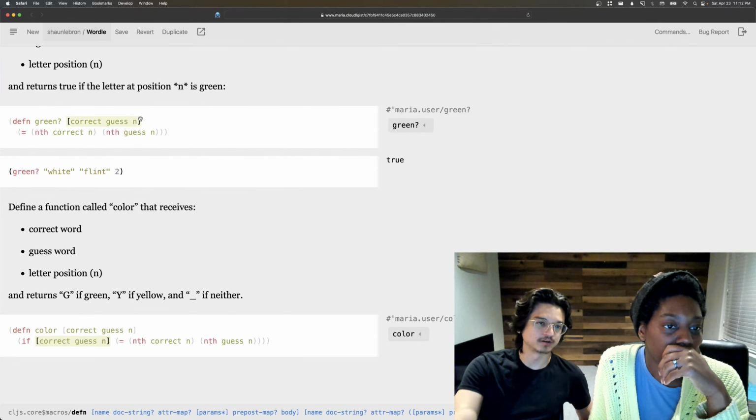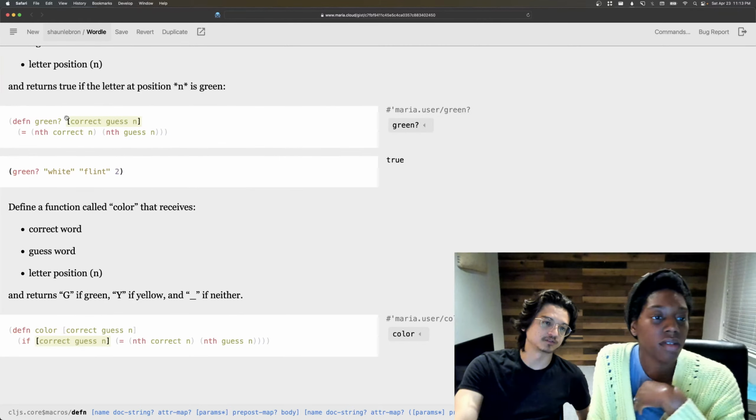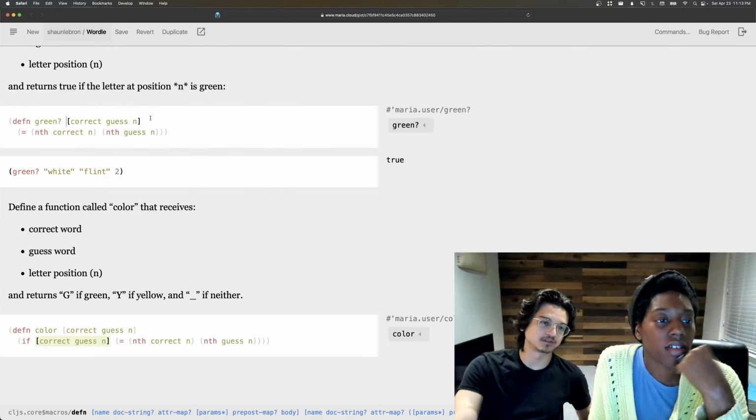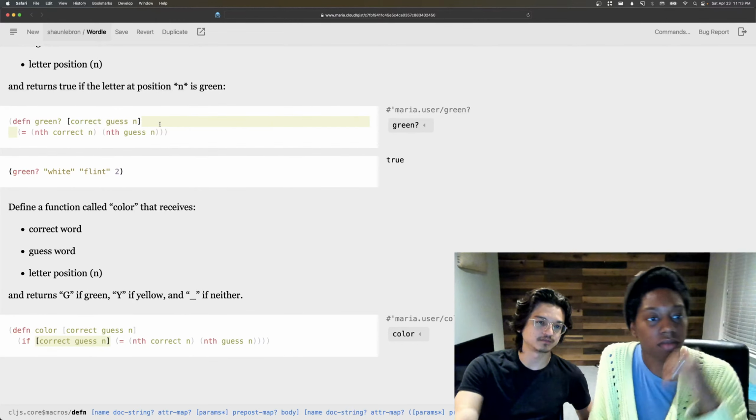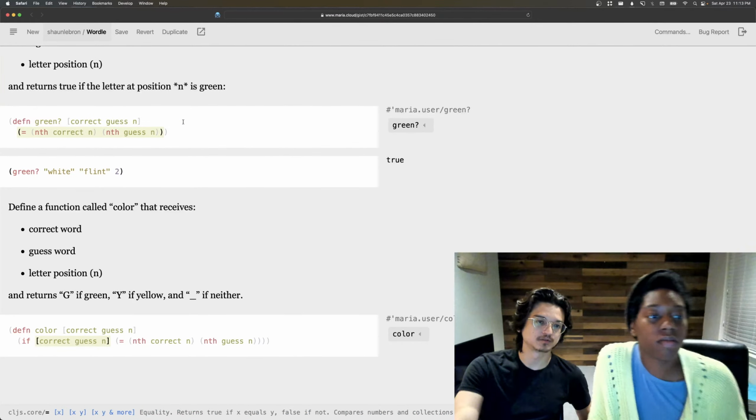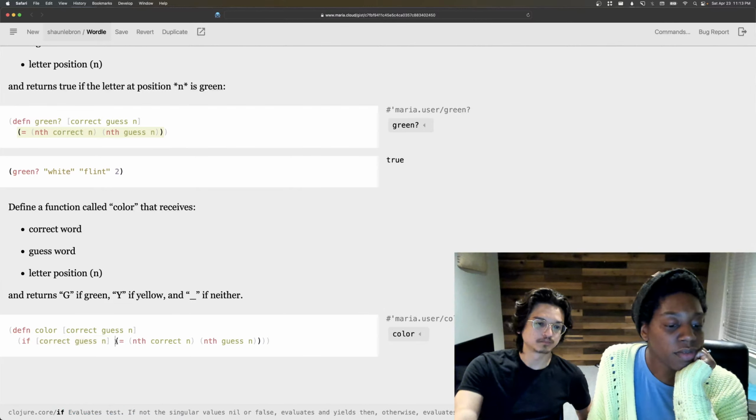This was required for a function definition. Whenever you're defining a function, this vector is just here to say this is what the function receives, right? And then this next part is what's being output, right? But for an if function,